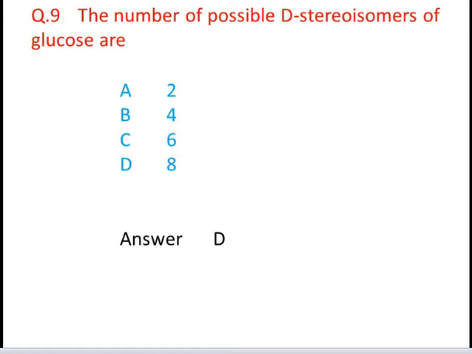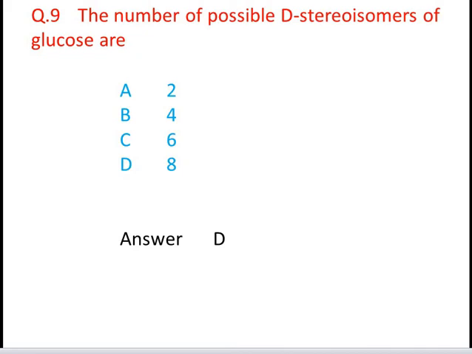Monosaccharides occur in D and L stereoisomeric form. The number of possible stereoisomers can be calculated by the formula 2 raised to the power n, or 2^n, where n is the number of asymmetric carbons. So here in this case, the number of asymmetric carbons is 4. That's why the total number of stereoisomers is 16, out of which 8 are D stereoisomers and 8 are L